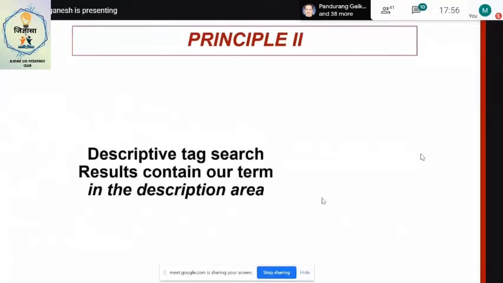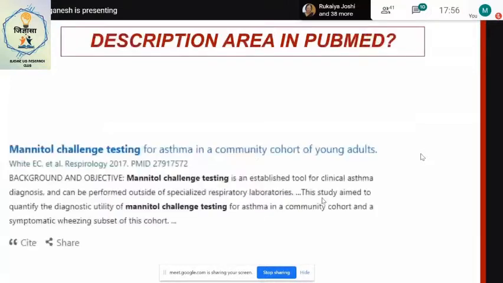The second principle is, there's something called a descriptive tag search you can do, and the results contain our term in the description area. We didn't talk about the description area till now. Let's learn this now. This is the most important part of PubMed. So where is the description area?